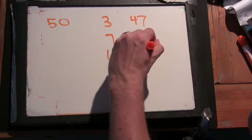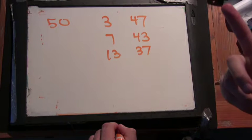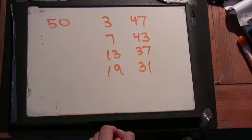Okay, 17, so that's 33. 17 and 33 doesn't work. Rats. Right, 19 and 31 work. Okay, how about 23 and 27? That doesn't work. No. And then 29 and 21, and that'll be...